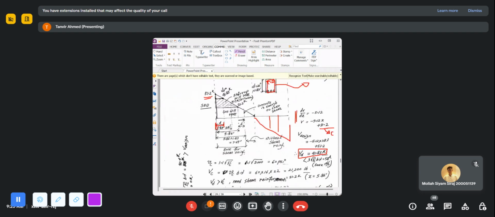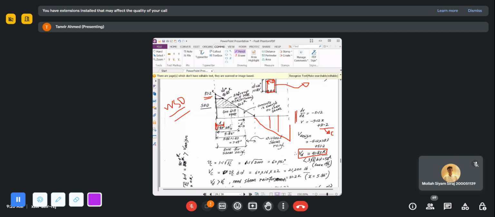Okay, now let's come back to the problem. So this is the design shear force, right? Design shear force এর ভ্যালুটা, and then we have to check whether this is less than 3 square root of fc prime bd or not. Okay, because this is the problem with WSD method, we have to check against this value. If we did the problem with USD, then we have to check against 6 phi square root of fc prime bd. Okay, এই ভ্যালু চেক করতে হবে।